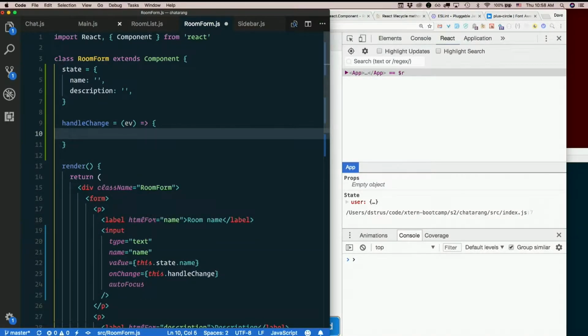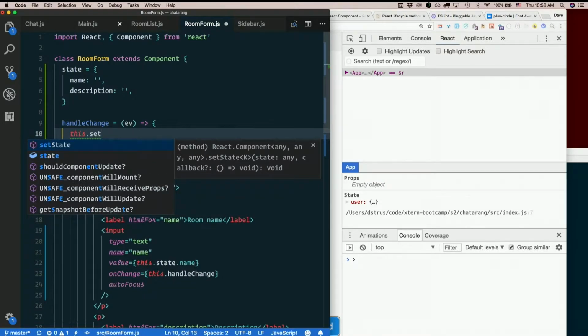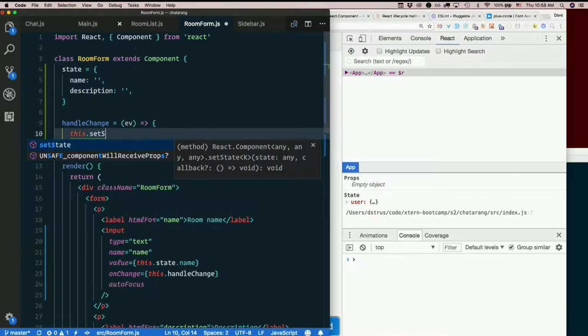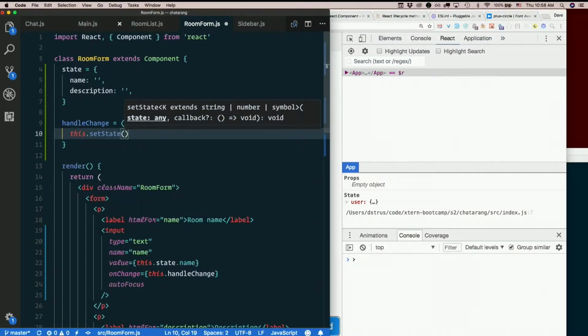And I'm going to set state. Well, yeah, sure. What am I going to change in state? Which property am I going to change in state? The one that belongs to the event